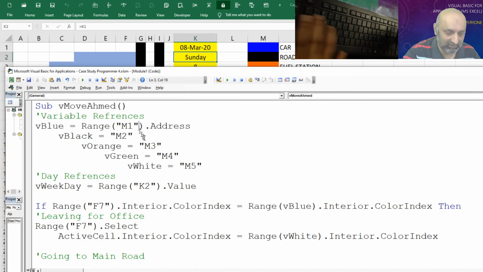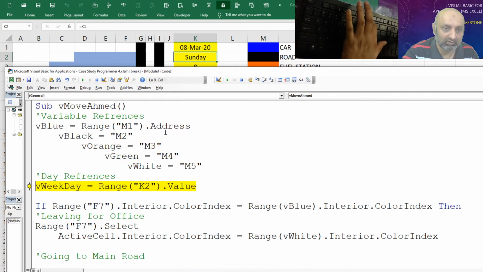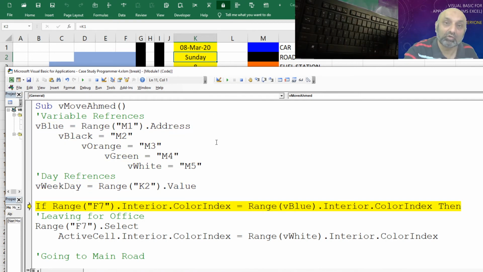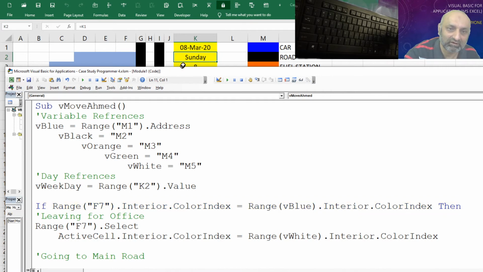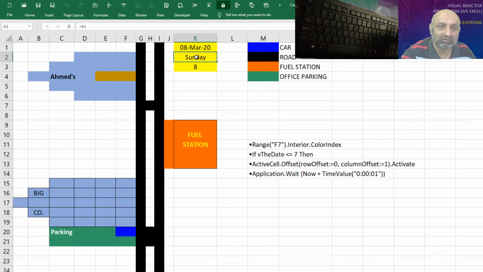So if I run this right now, what is the value of weekday? Weekday should be equal to range K2, which has Sunday. Let's check it out. Oh, why do we have the full date in weekday? It should be Sunday. Let's stop this here and get back to our sheet.